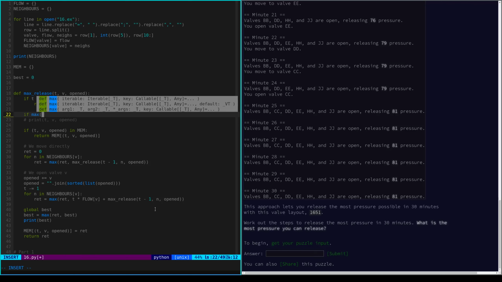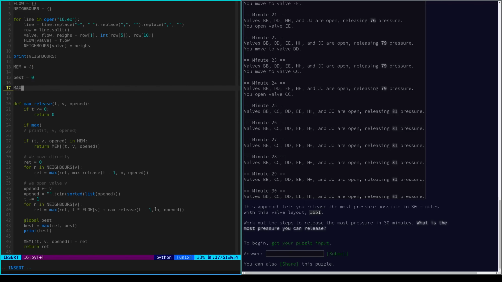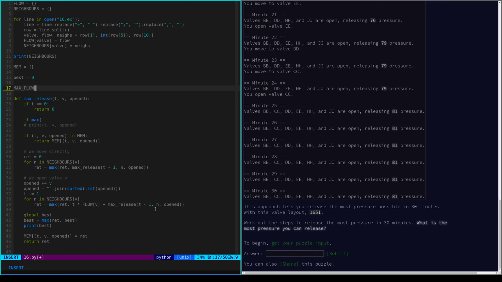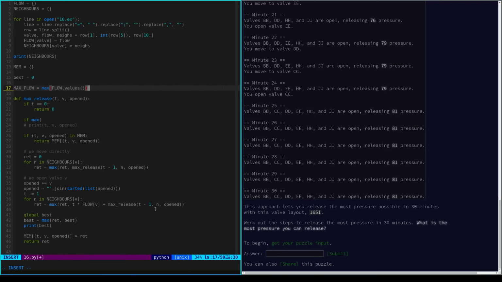So if max flow equals max of flow dot values. So if max flow times t, so if we open this right now and we used it for the rest of the time,